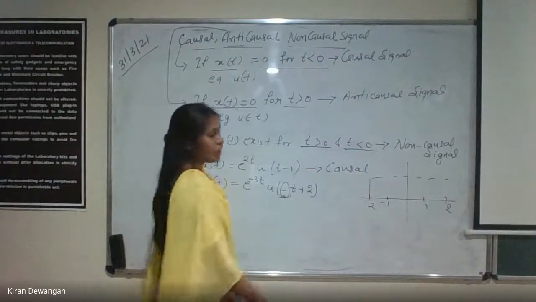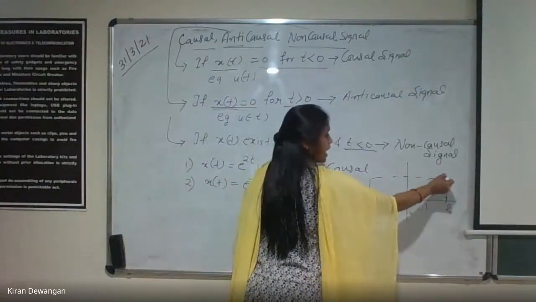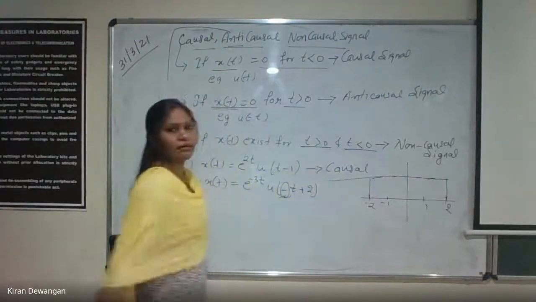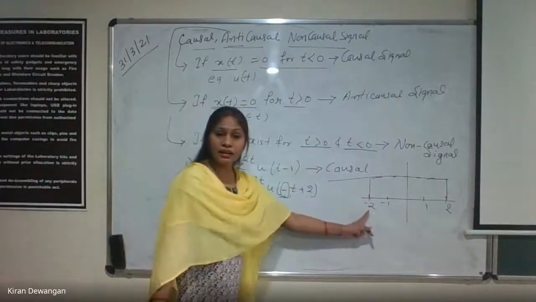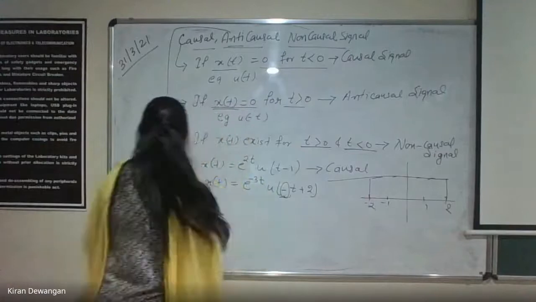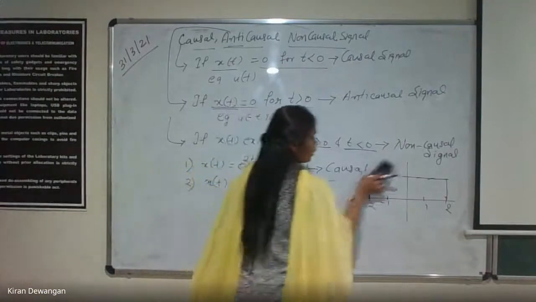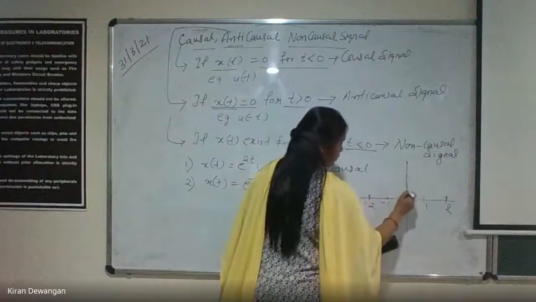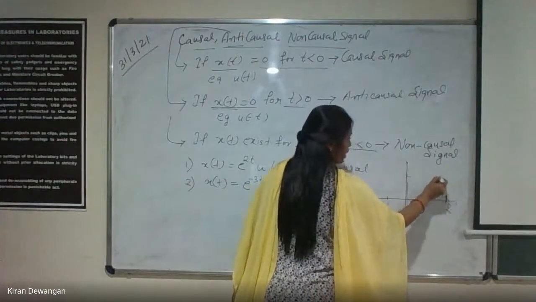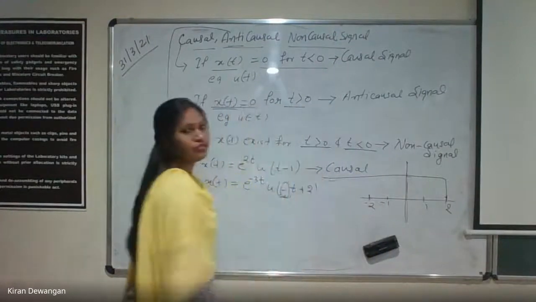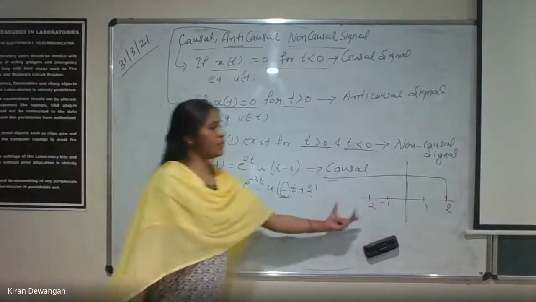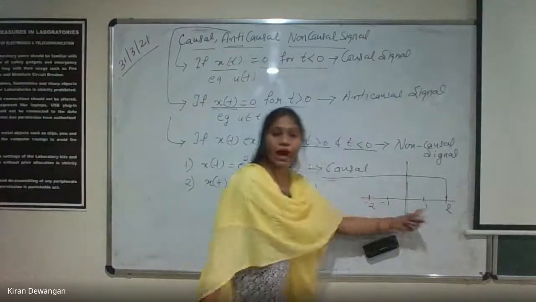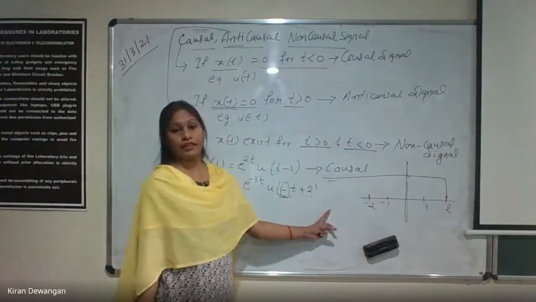Minus t, what will it become? It will start from here and come in this direction. Will it be like this or not? Tell me first, everyone, how the plot would be. The plot will start from 2 and it will be on the negative t side.